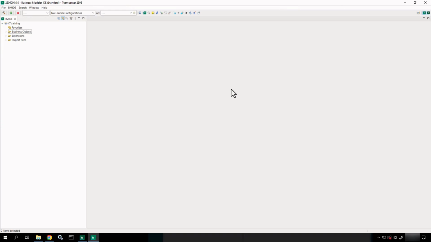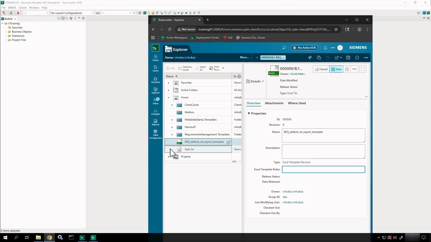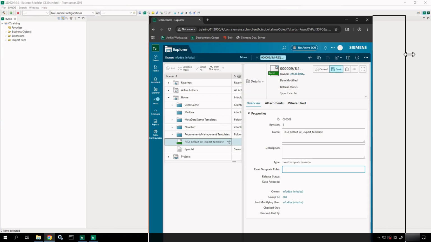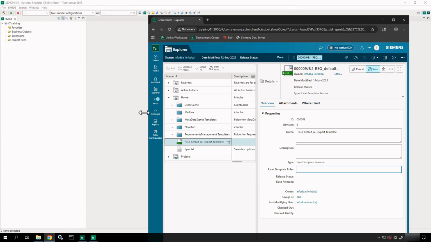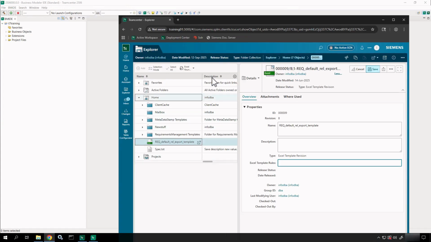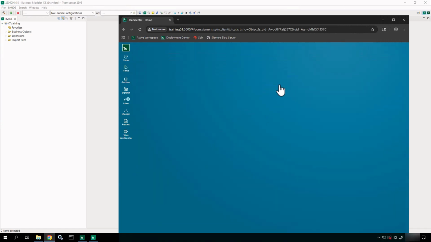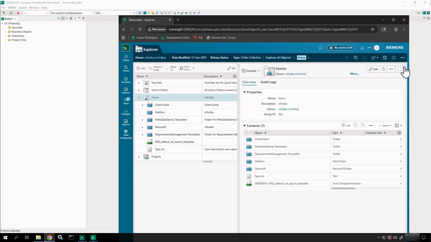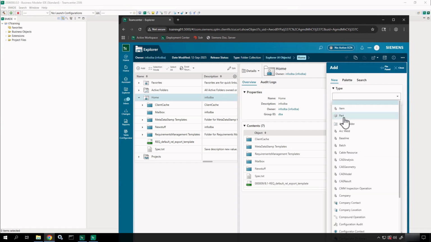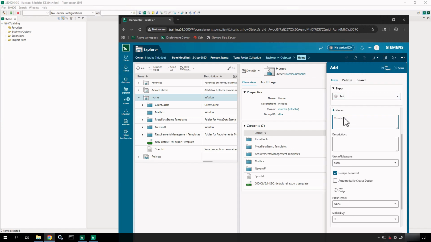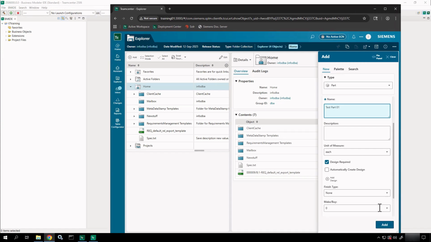So the use case that we have in this video is essentially we have this active workspace environment that we've stood up, and we've been talking to our engineers group, and we have this object in here that we can create called a part. So in here, if I come into Explorer, and then I go to create a new part, say new, add part. If I create this object and give it a name, so test part 01, and click add,